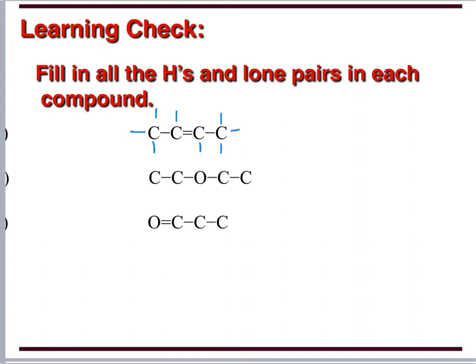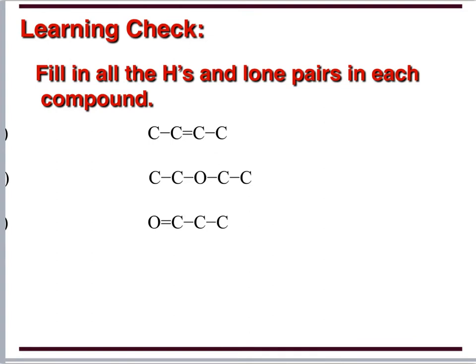It's important to note that in these structures, we often leave off the hydrogens just to make it much simpler. So you'll just see those sticks, and then you realize at the end of every stick there is a hydrogen atom. Sometimes I get lazy and draw them without the hydrogens, or you can completely fill in the hydrogens. Just make sure that you're not drawing it too sloppy so I can't tell whether it's a line that's supposed to contain a hydrogen or not. Okay, so for the next one,